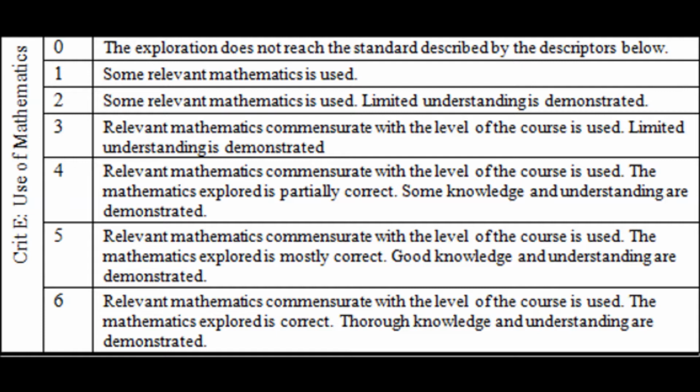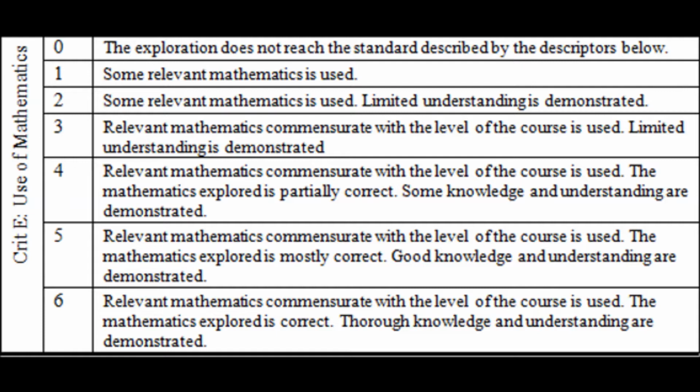To get a 6, you have to have thorough knowledge and understanding. It's pretty hard to do that, but you could definitely get a 4, where you demonstrate some knowledge and understanding, or a 5, where you demonstrate good knowledge and understanding. You could do that. One thing that I want to be really clear about, though, is we're told that if